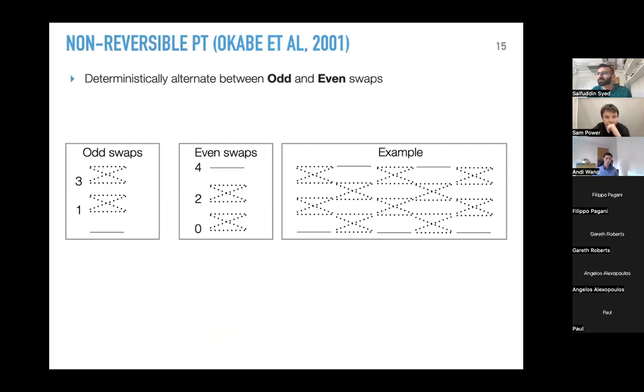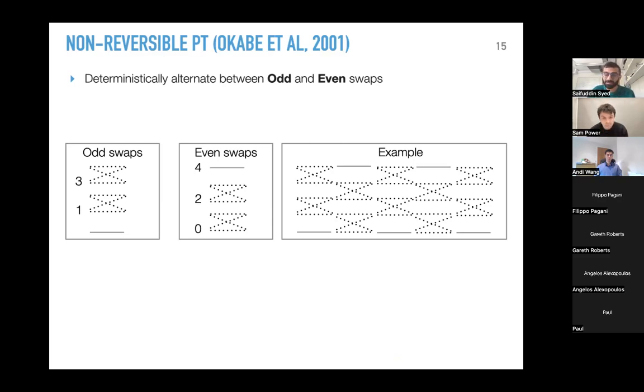In contrast, non-reversible PT corrects for this with a two-line algorithmic change. The only difference between the two is that instead of proposing these adjacent swaps at random, we propose them deterministically, alternating between even and odd swaps. This was actually introduced in the computational physics or chemistry literature in 2001 by Okabe et al. But this was still studied under the reversible paradigm,